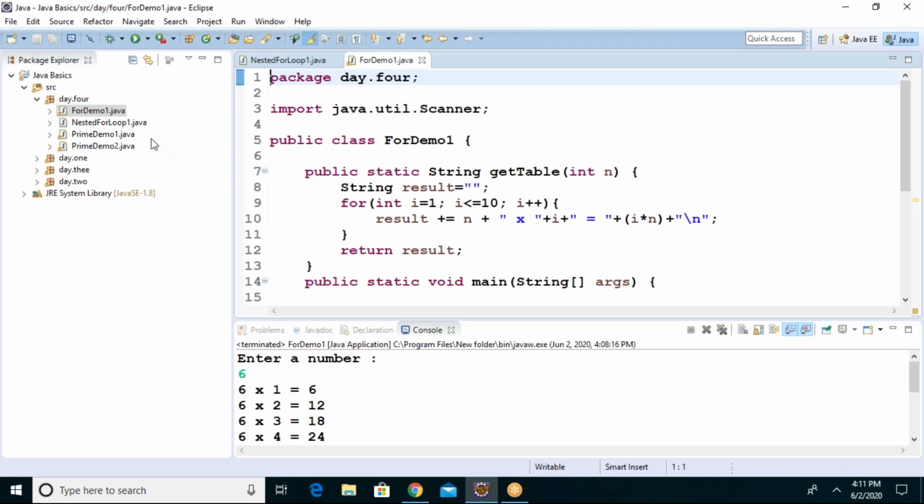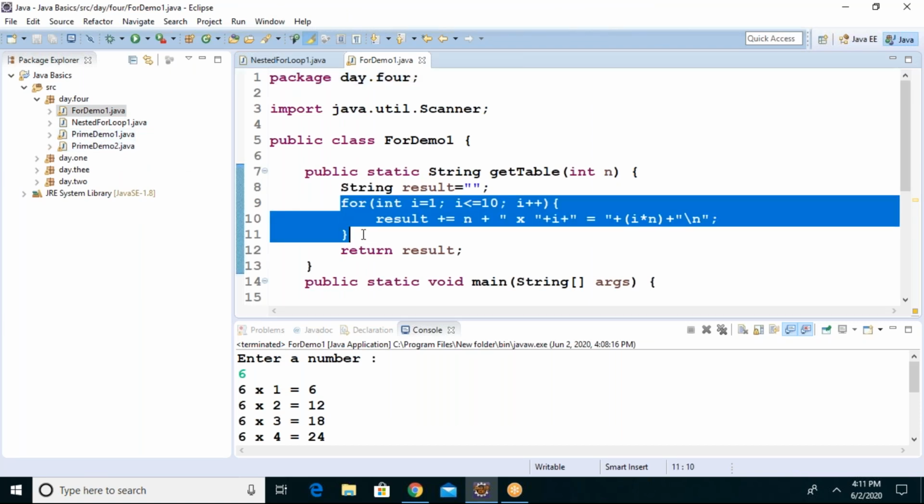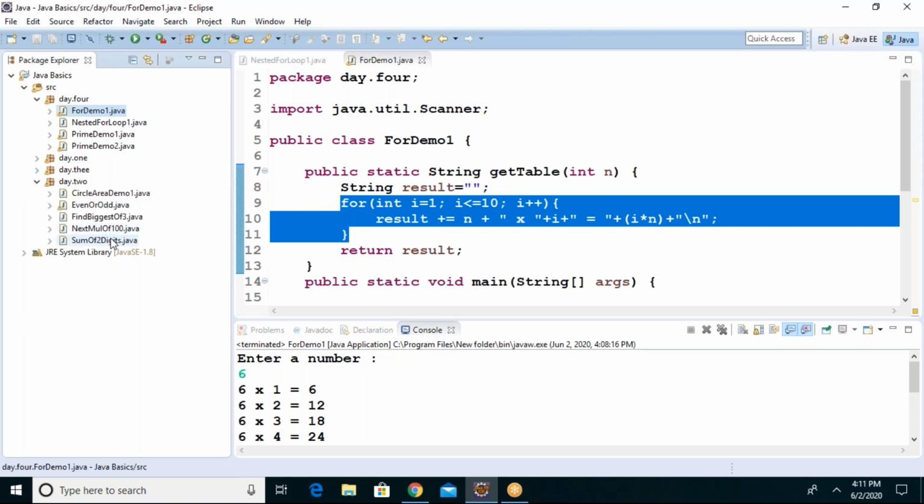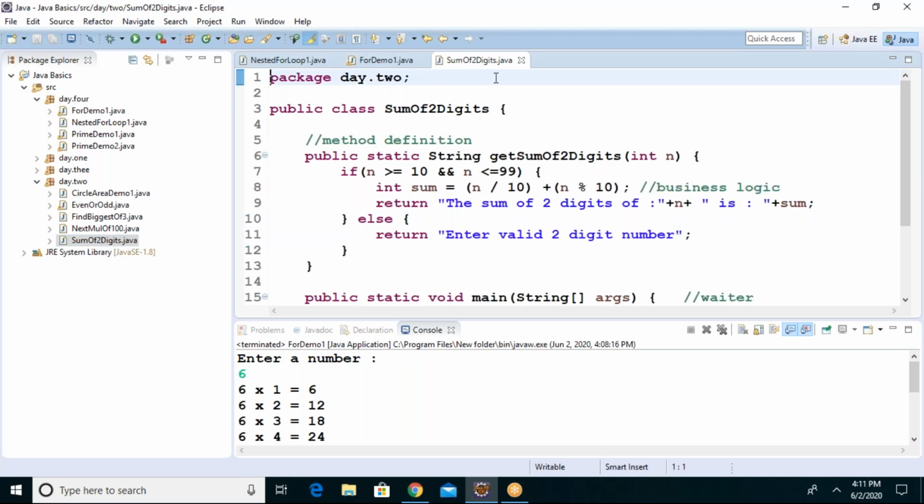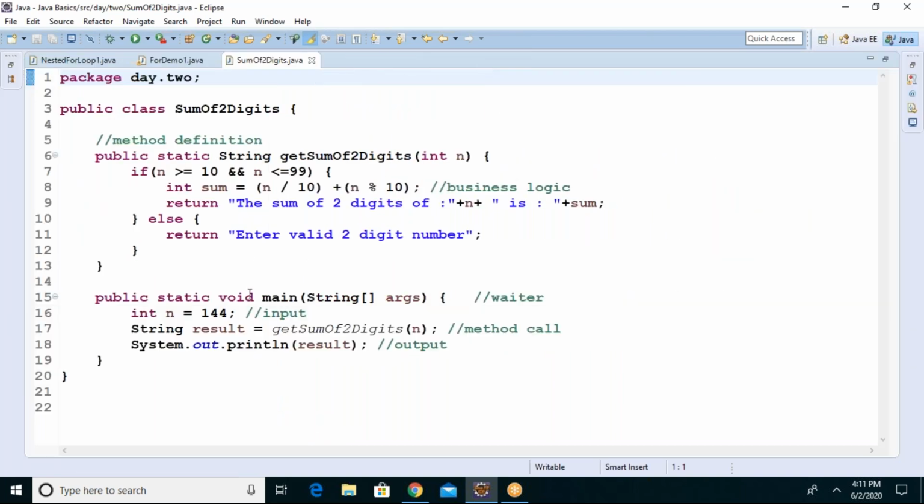Can anybody tell me what is the use of for loop and while loop? When do we go for a for loop, and when do we go for a while loop? Anybody?